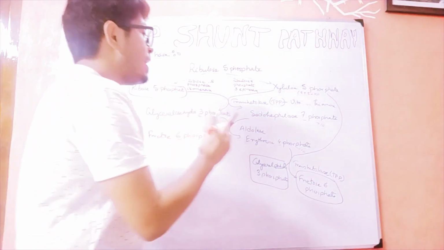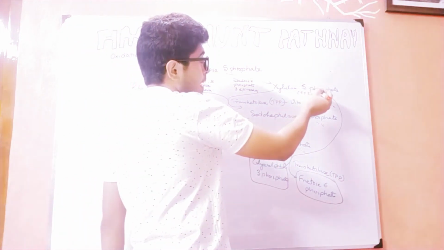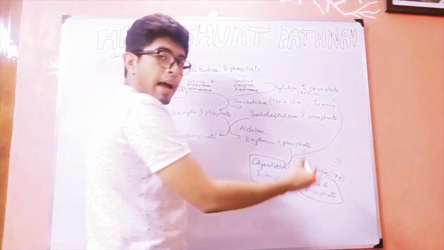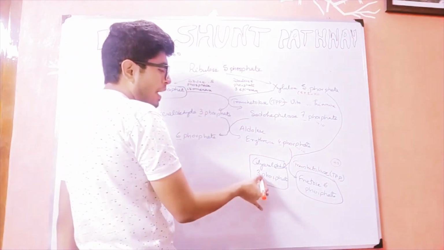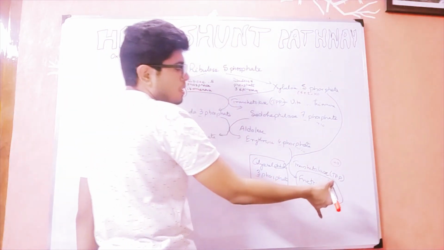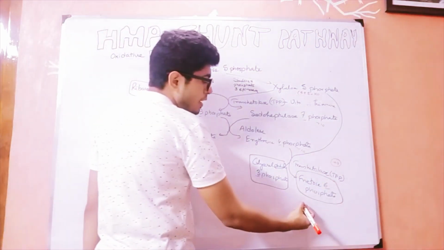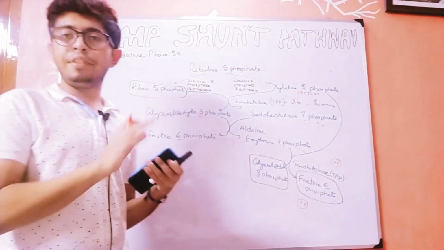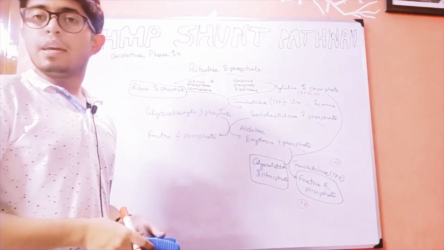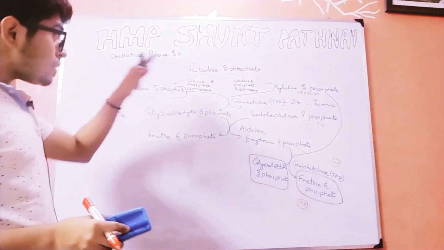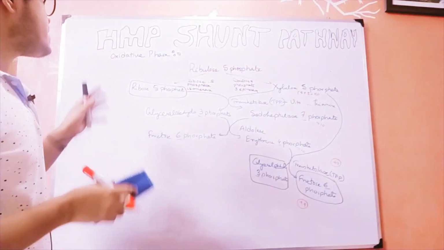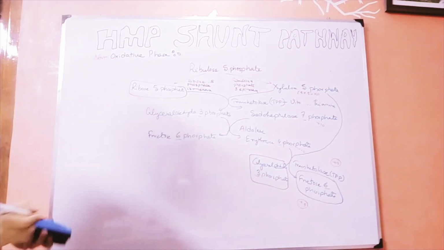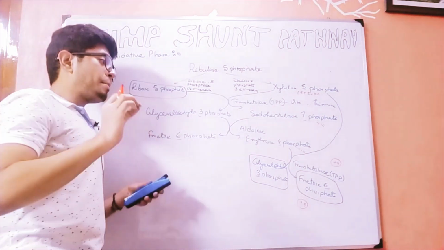Finally, when erythrose 4-phosphate is acted upon by xylulose 5-phosphate, the total comes to be 9. And we will see that glyceraldehyde 3-phosphate and fructose 6-phosphate are formed, giving the total to be 9. So this is a way we can check whether we have written the entire pathway correctly. Now, after we have completed the non-oxidative phase, so this is the phase which is known as the non-oxidative phase of the pentose phosphate pathway.